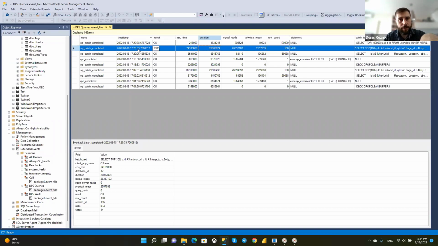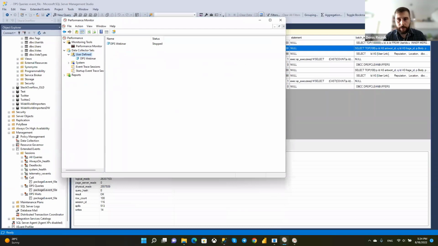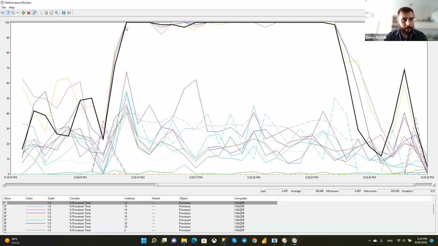If it finished at 5:20:33, it should have started about 5:20:07. So let's go to our graph again.